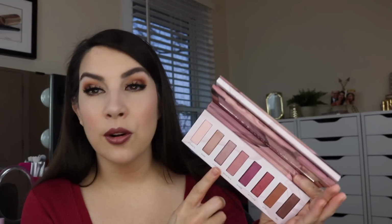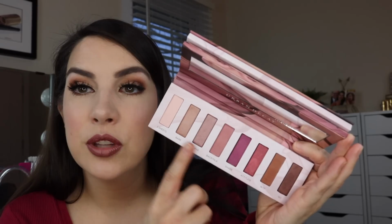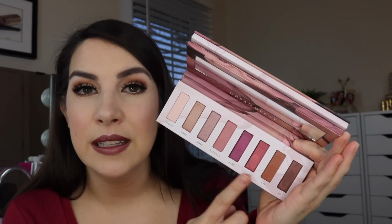Now, Bare and Curve, I feel like these shades swatch pretty solidly. These are just light-ish shimmery eyeshadows, but I don't love the way they apply on the lids. I think they feel actually a little bit dry, and I would like them to just pack on a little bit better. I wish those shades here were more the texture of these deeper shades because those feel like really soft, buttery, smooth metallics. But that's probably my biggest complaint with this palette,